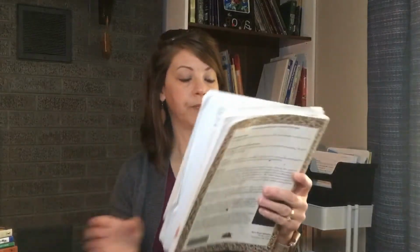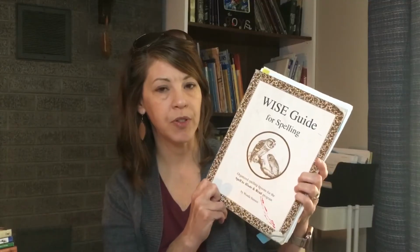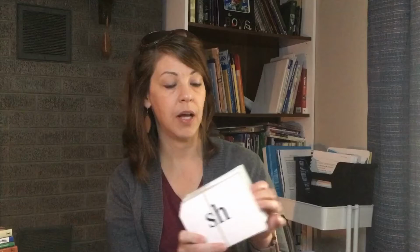We are going to be using Spell to Write and Read is the name of the program. This is more the student book. It has all the spelling words in it. For me, and then the student will put the spelling words in this book. They review all the phonograms in there, and then all the English rules. So we have been using this since